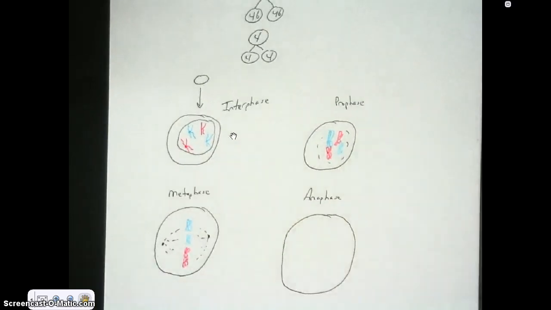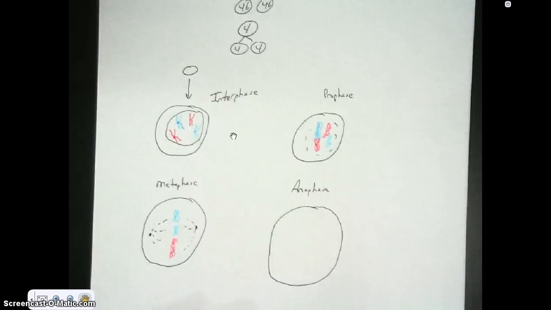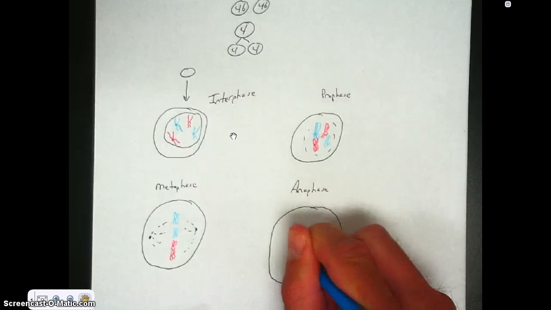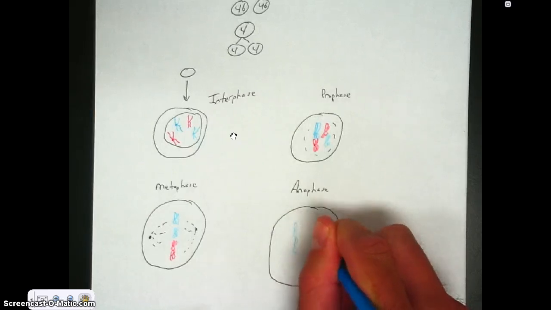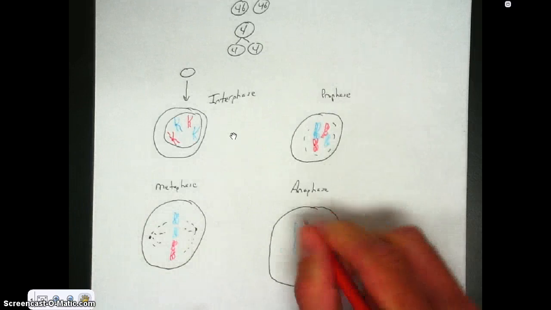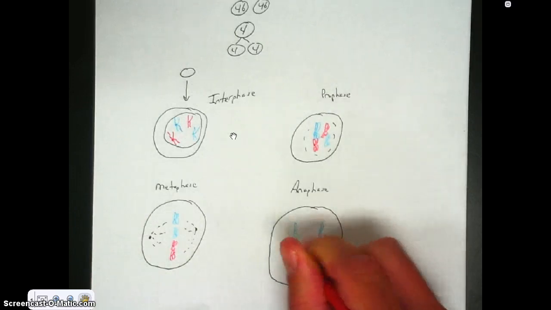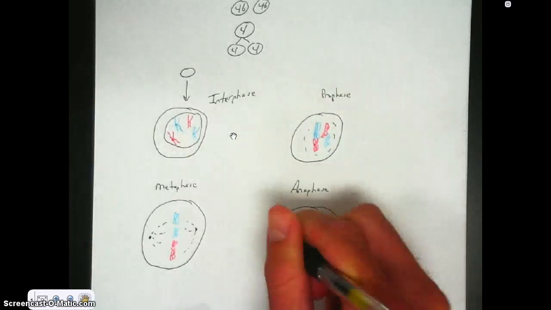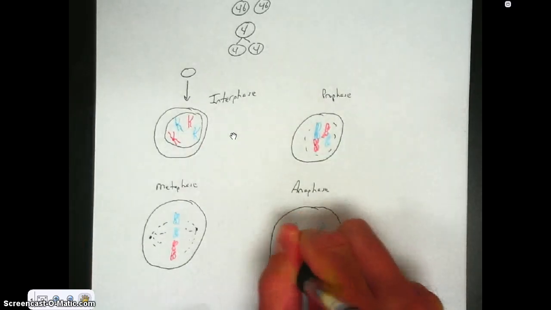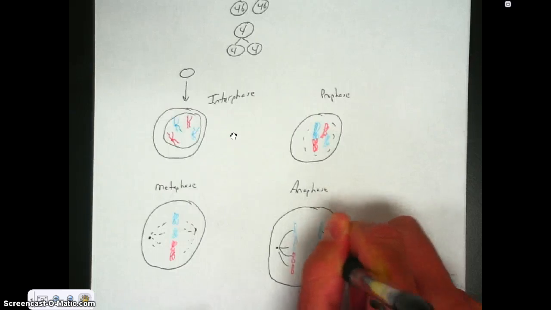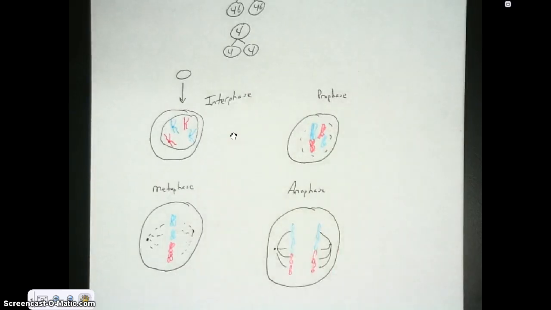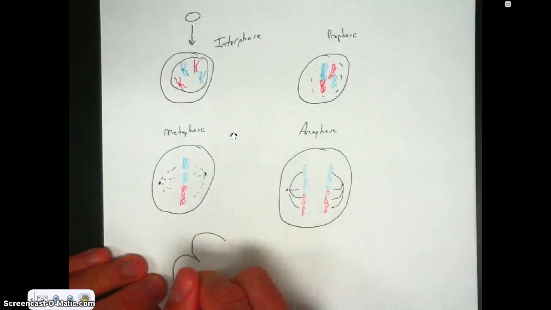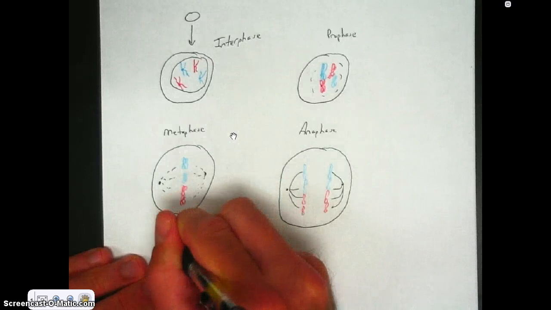So in anaphase, the centromeres actually split, and what is going to happen is the original and the copy are both going to start to make their way over to the opposite sides of the cell. And the belief is that the centromeres actually break down the spindle fibers, and that is how they make their journey to get to the sides of the cell. And that's anaphase. Last, you can see that the only obvious thing left to happen is we need this cell to pinch off, and this pinching off is what we call